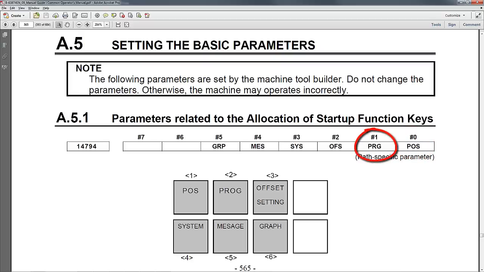If 14794 bit 1 is set to a 1, pressing the program function button starts Manual Guide I. If set, the standard G-code page could no longer be selected. Currently, pressing the graph function button displays Manual Guide I. Therefore, it's expected that parameter 14794 bit 5 is set to a 1. This must be set to 0 to be able to see the standard graph page when the graph function button